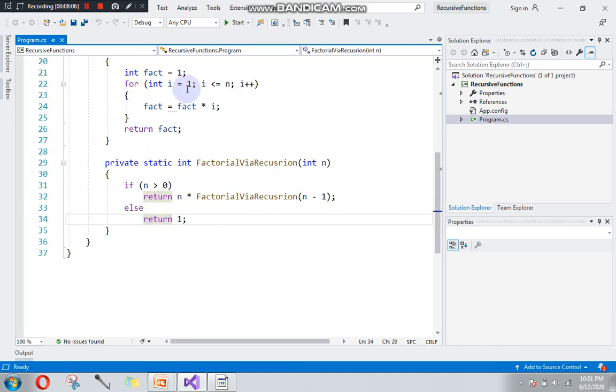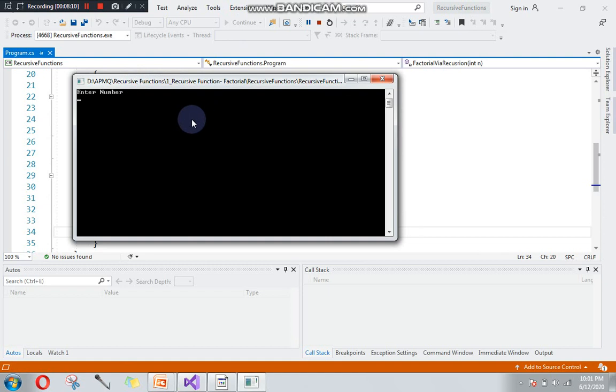Okay, let's run this program to see the output. Enter the number. I will enter 5 here and press enter. Without recursion it is 120 and with recursion it is 120. So with both approaches the value is the same, right?